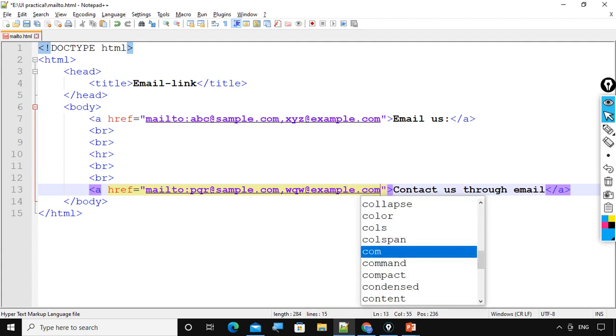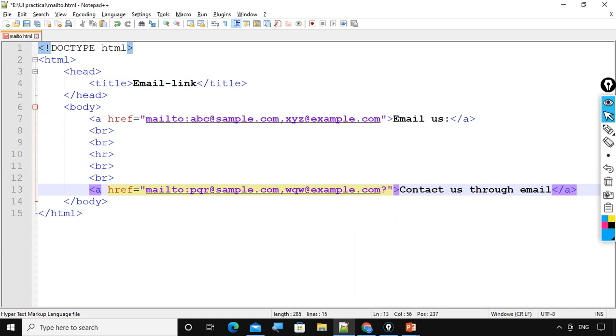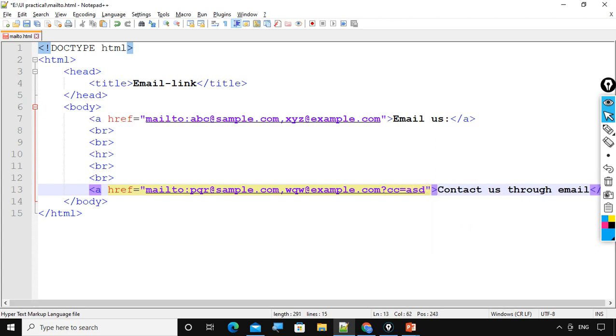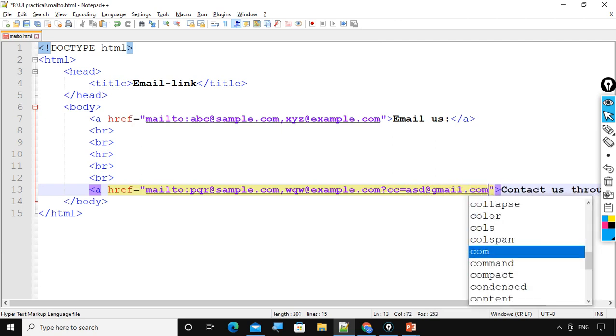www.example.com, okay, example.com. So our recipients are ready, but I want to add a carbon copy recipient and blind carbon copy recipient. So for that reason I will make use of a question mark. From the question mark, whatever I am writing will be considered as the query string. Understood? So from here I can write a key value pair. What is the key? cc. What is the value? Value can be asd@gmail.com.